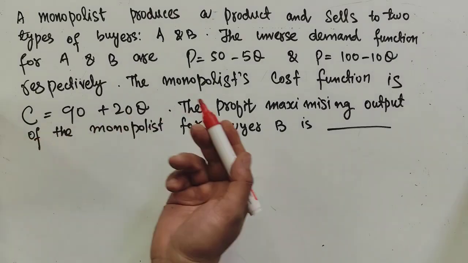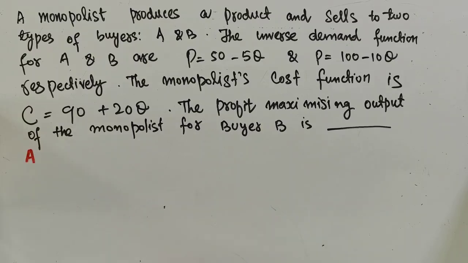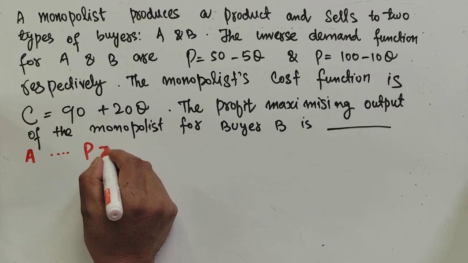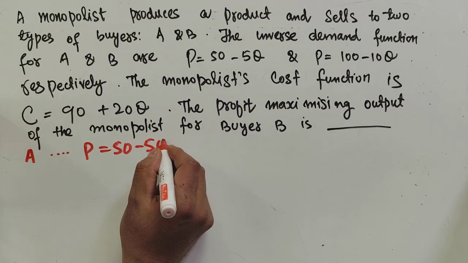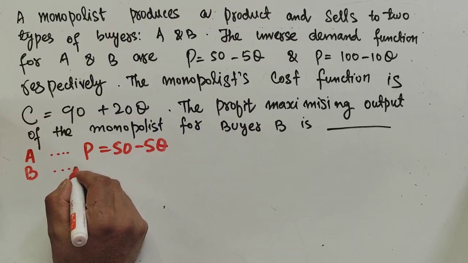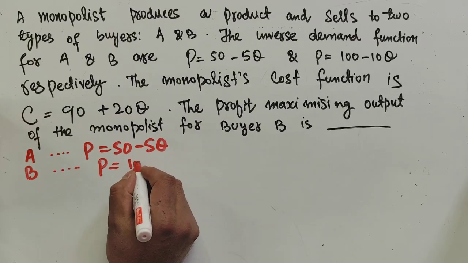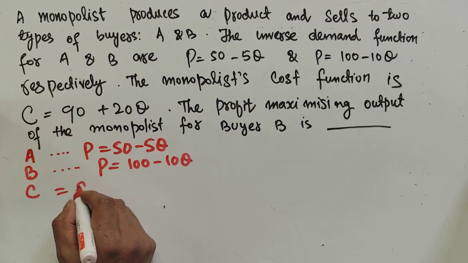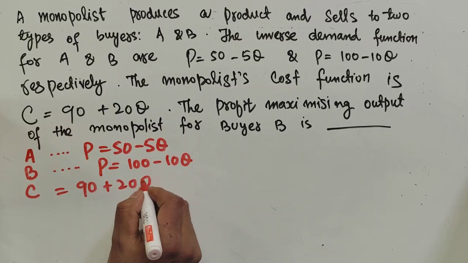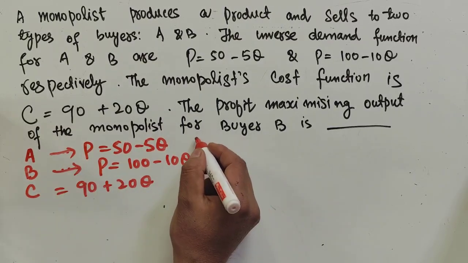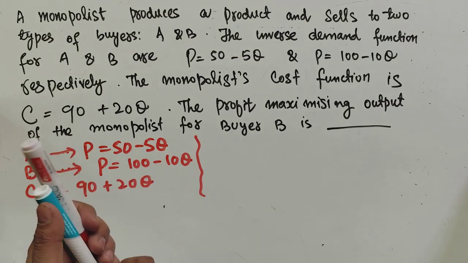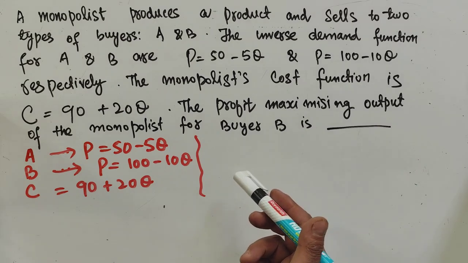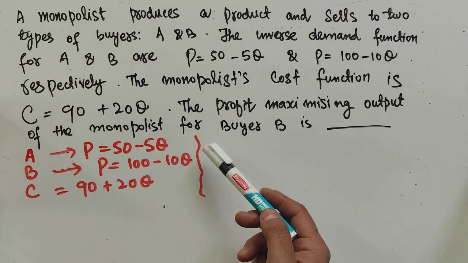Okay, so we are being given the monopolist. We have two buyers. For A the demand function is P = 50 - 5Q. For B the demand function is P = 100 - 10Q. Also the cost function for the monopolist is 90 + 20Q. Okay, we need to find out, if the monopolist wants to maximize profit, how much output the monopolist should